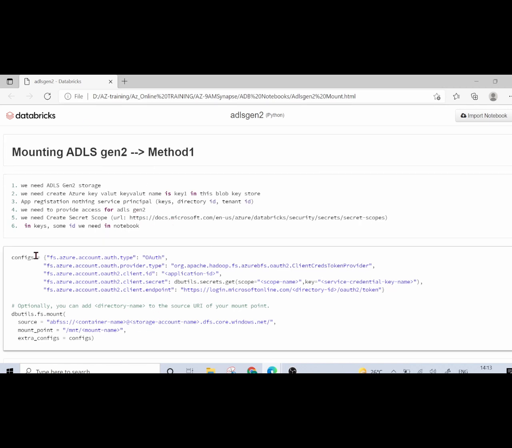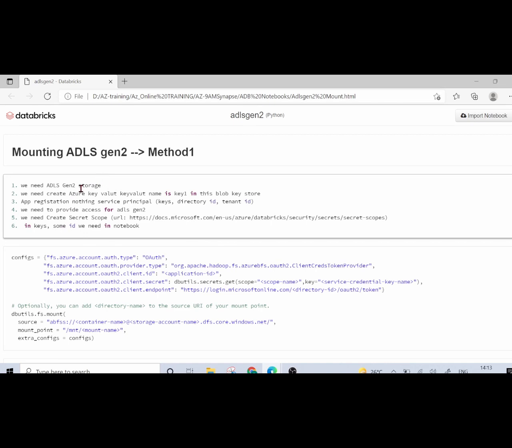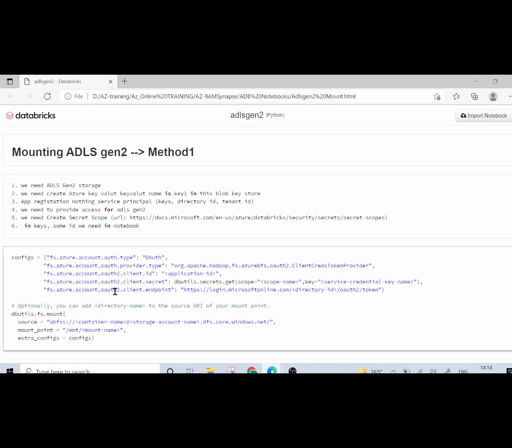Coming to mounting of Generation 2, this was the previous methodology which we used to perform. It was a lengthier approach because you had to go to your Azure Key Vault, prepare your key name, and then you had something called app registration. Inside that app registration, we had a service principal, with client ID, tenant ID, application ID, directory ID, and so on.